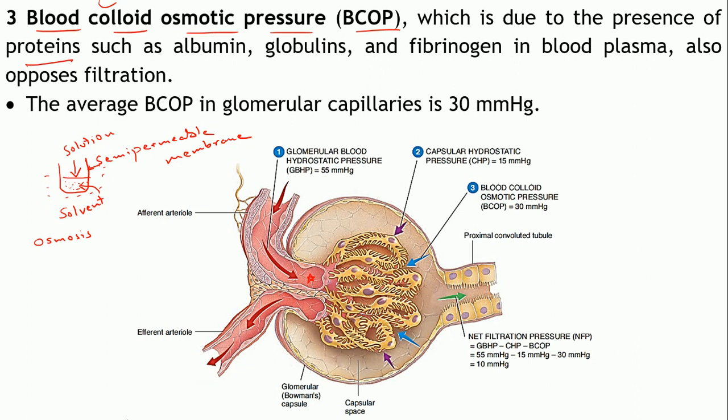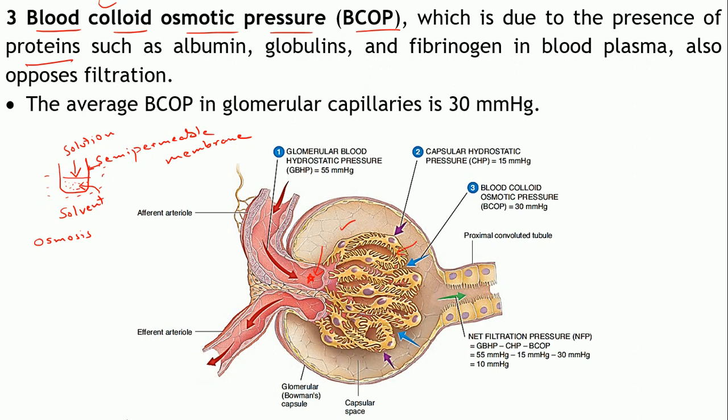So a similar type of pressure is also exerted by the colloid. Your blood acts as a colloid and it exerts an osmotic pressure. In which direction can the solvent move now? From here to here, right? Because are the proteins present in this filtrate? Proteins don't get filtered. They are present only here. So in which direction will this pressure be? Of course, from the capsular space into the capillaries.